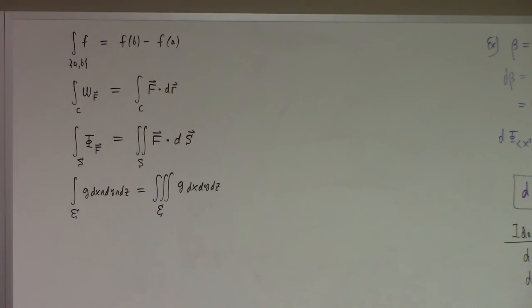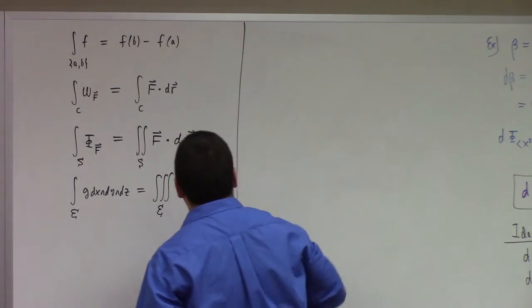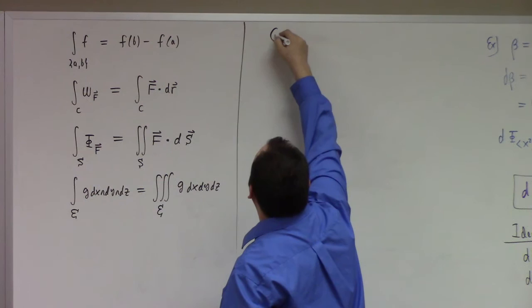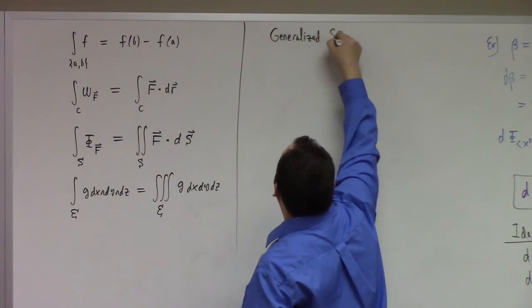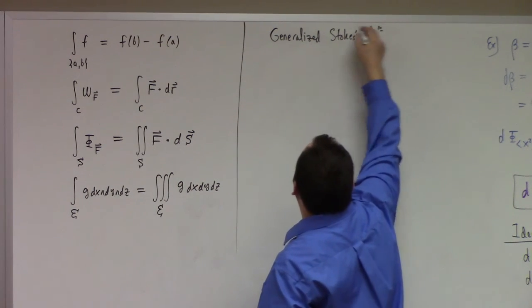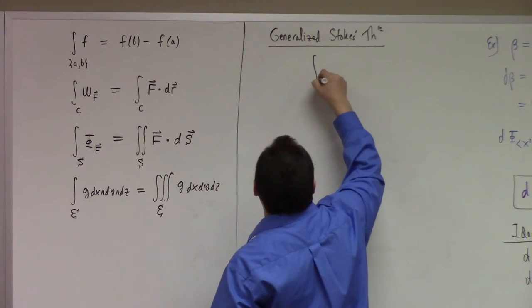That's how you integrate forms. Essentially, you just drop the wedges and integrate. And you have to be careful about orientations, but now, the most awesome thing is there is a generalized Stokes theorem. Generalized Stokes theorem states the following. The integral, all right,